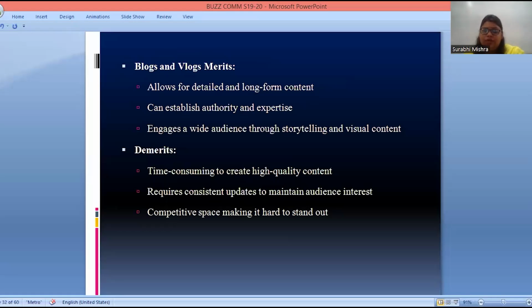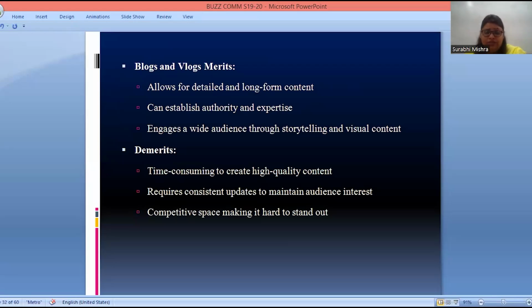So a good amount of subjective content can be used, and it allows you to put in a good amount of content. It establishes authority, and you can also engage a good mass of audience by narrating a story or sharing your daily life experiences using visual content, right?